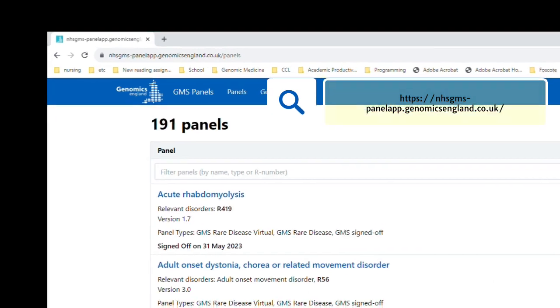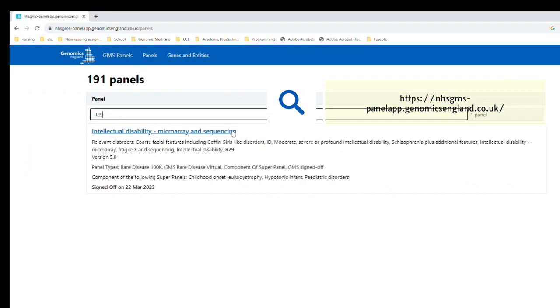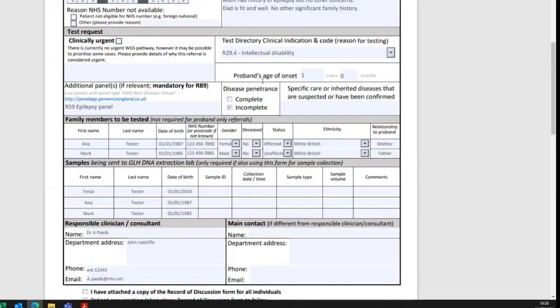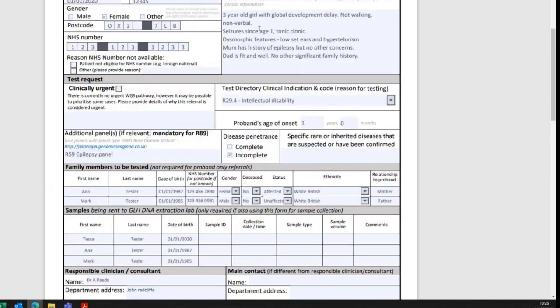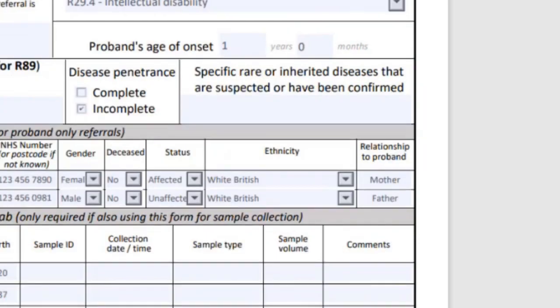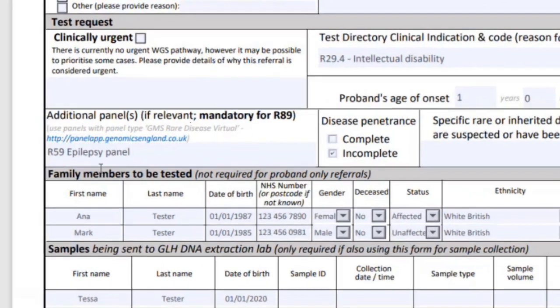You can also use PanelApp to search these panels and to find out which genes are involved. Going back to the test order form, complete the boxes regarding the age of onset. In this example, the child had seizures that started at age 1. Type any additional panels that you require. Again, in this example, we wanted the intellectual disability panel, but this patient may also be suitable for the epilepsy